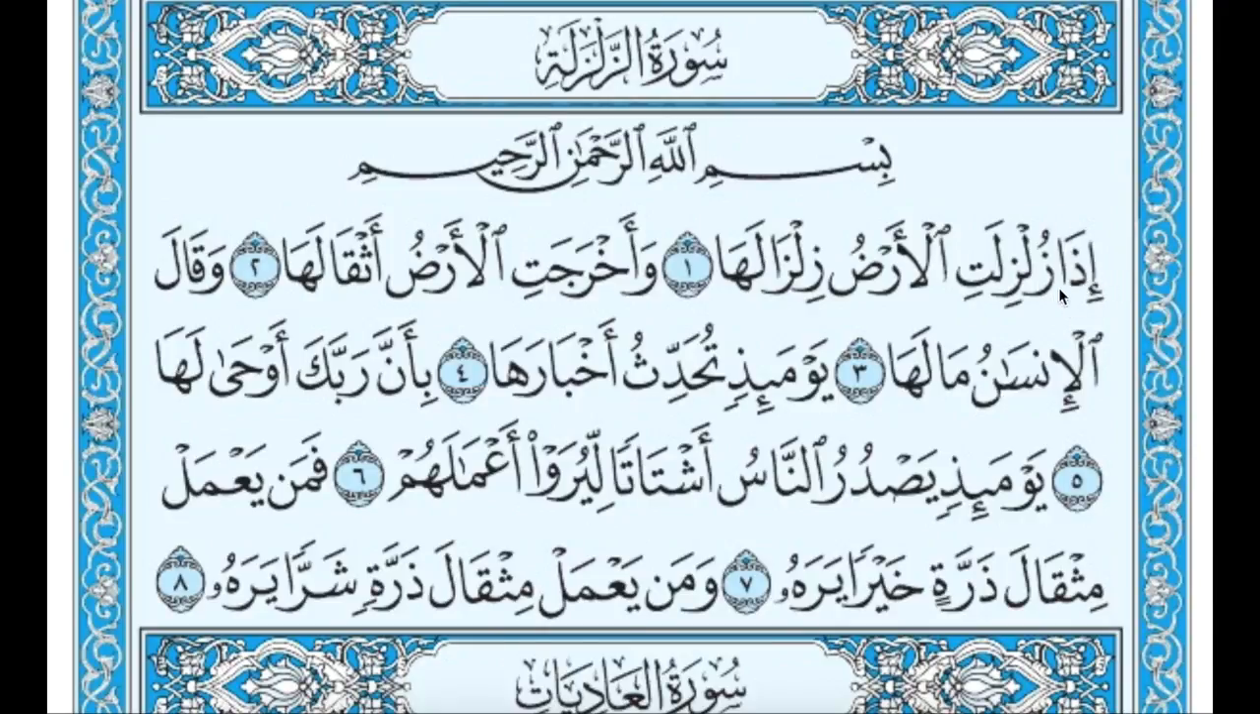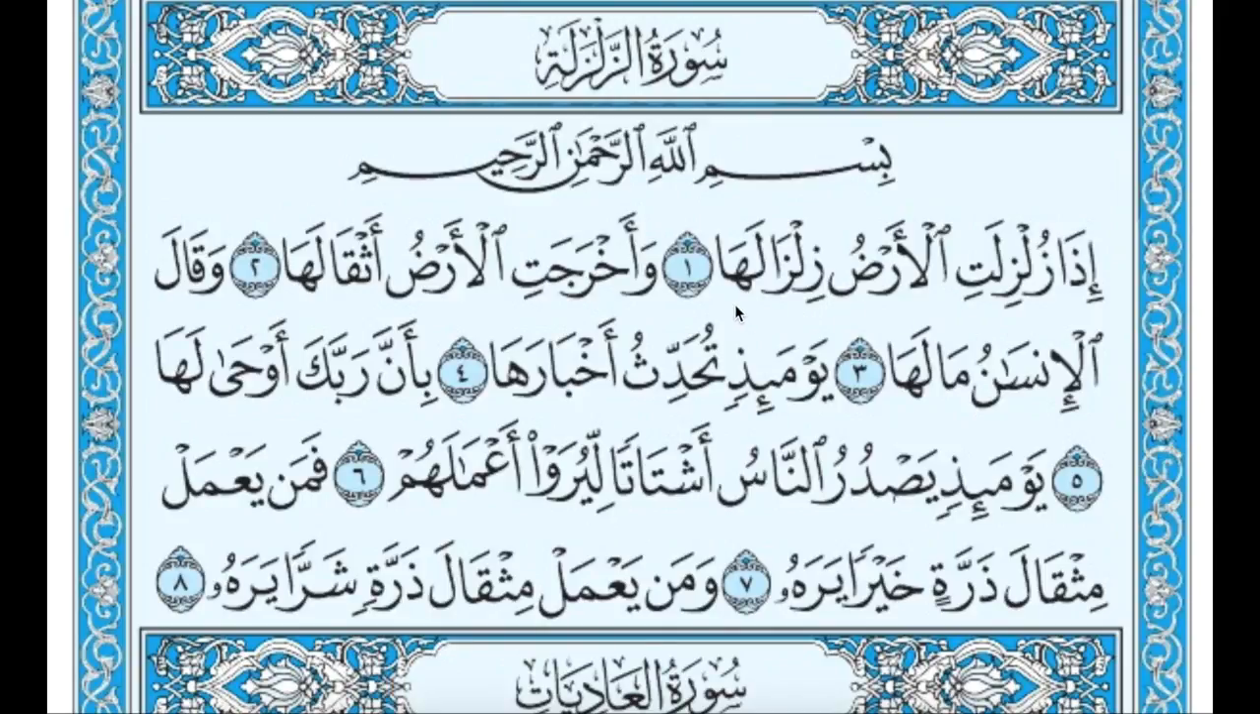Alright? And remember, this technically means "if," but it doesn't mean that in the language. In this respect, right here, in this context, it evokes a time. So when the earth quakes in its final earthquake, or when the earth quakes in its final shaking, or its final